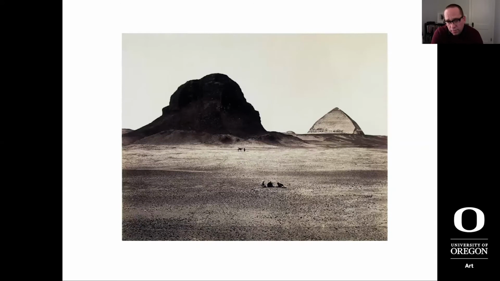Of course, Frith's image of Egypt as well is, like a map, a total abstraction. In fact, the common viewer for this photograph would have been in England, and seeing this photograph without these figures, the image would have been unreadable in some ways. And so he needed to include some code that made it possible to unpack the image. And I like the idea that the image is so abstract, even though it's so terribly literal. Every stone is shown, and yet somehow that image would be very difficult to read for the viewer at that time.